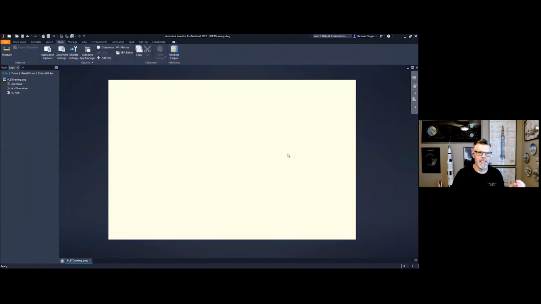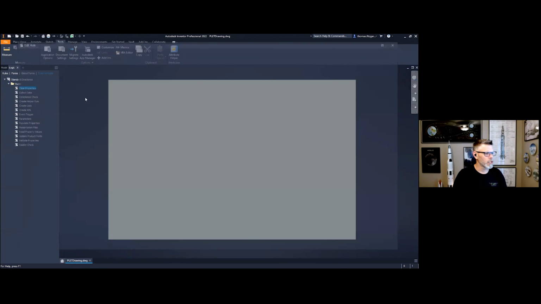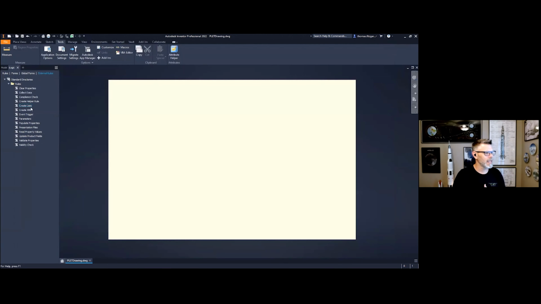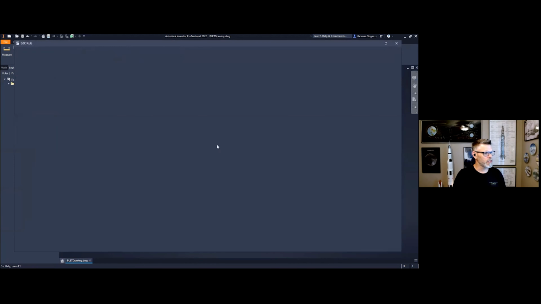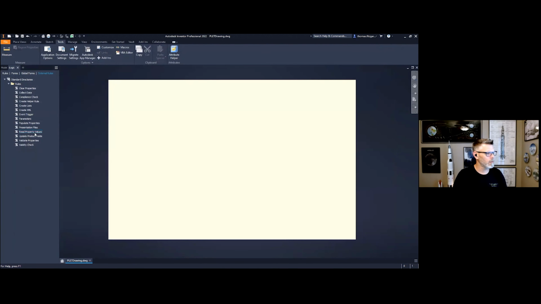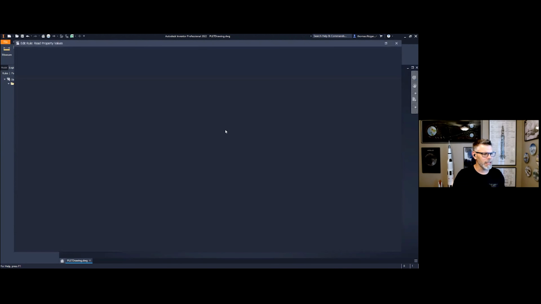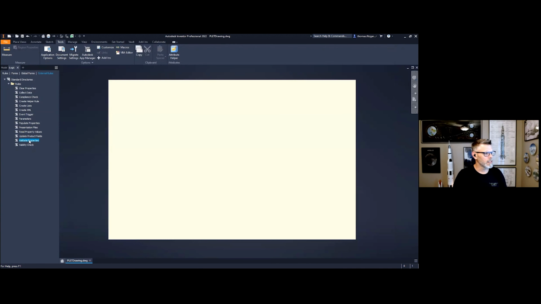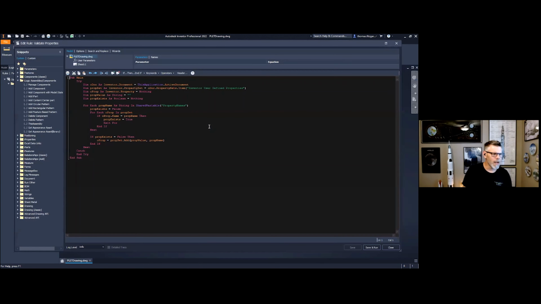Now, you've heard me say routines and you've heard me say functions, and you may be saying to yourself, well, Tom, what's the difference between a routine and a function? Let's see if I can find a very specific example of the difference. I'm not seeing anything right offhand here, but basically the difference between a routine and a function, guys, is if you want to just process some information.